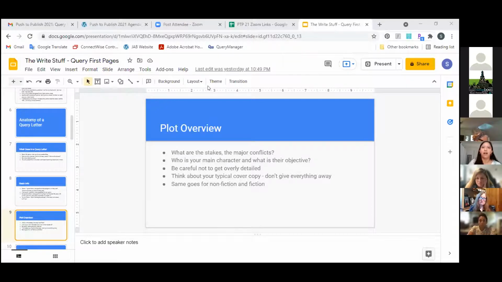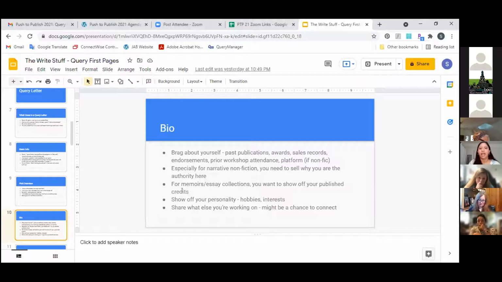Even for nonfiction works, you can go to a bookstore or check out an online listing and look at how those works are described. You'll notice they don't just say this book is about the number of trees that are dying in the American Southwest. They present the information in a way that makes it exciting and gets someone emotionally invested, interested in figuring out what happens next.